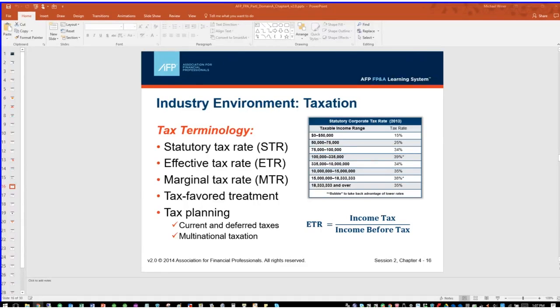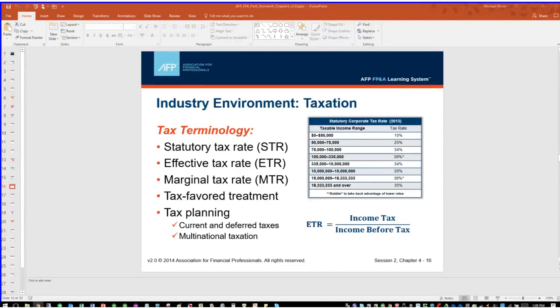In the United States, taxes are calculated in buckets, and that works for both businesses as well as for individuals. Typically, in the first bucket of income, in this case 2013, the first $50,000 in business taxes were taxed at 15%. So if you have $20,000 of income and that's all you had, that 20,000 is taxed at 15%. If you have 50,000, it's taxed at 15%.